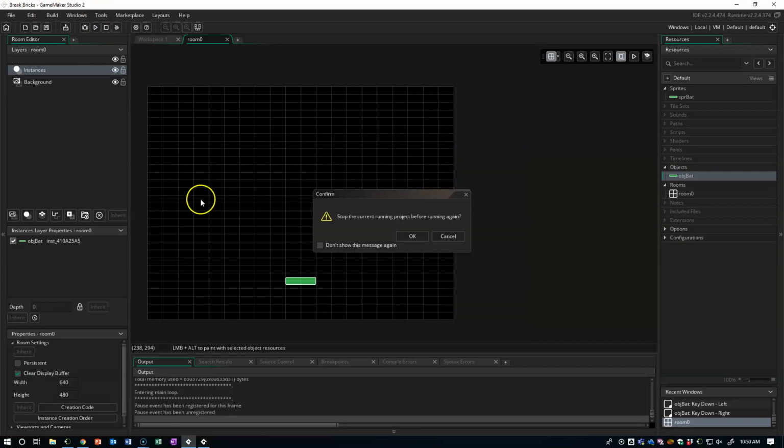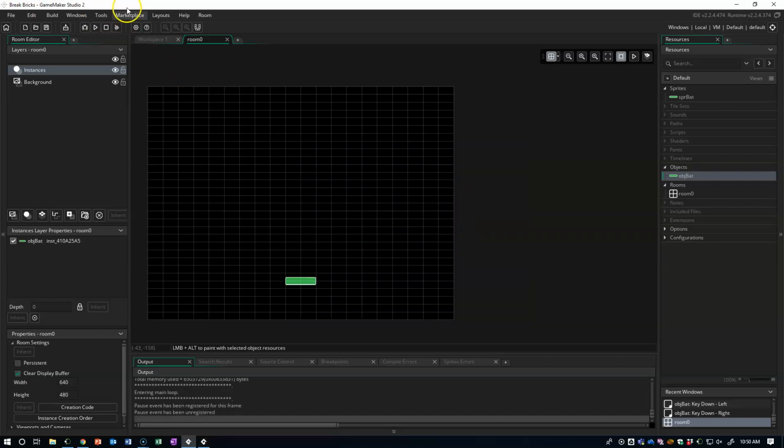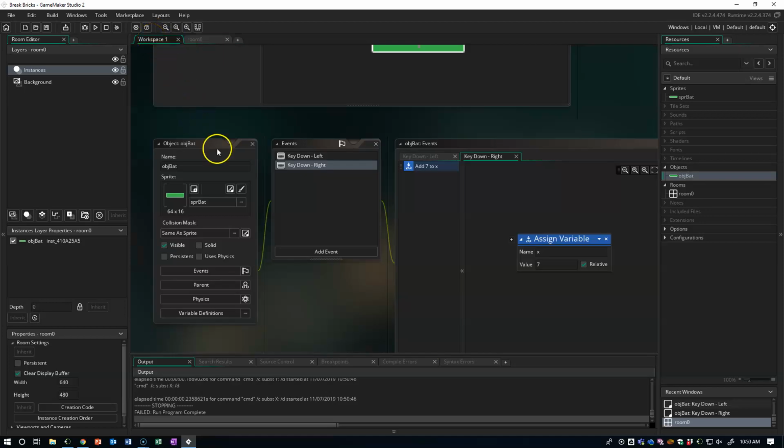So I'm going to go ahead and exit, and stop. And we're going to return to the bat object. So I'm going to go back to the workspace, and we're going to fix our key down left and right. And really, it's not a problem. It's just not giving us the desired outcome, which is to keep the bat on the screen. Okay? Now,